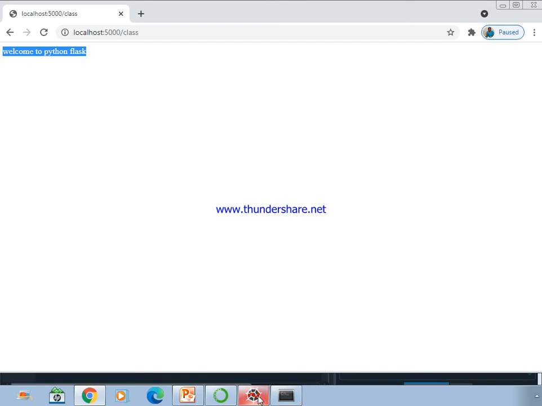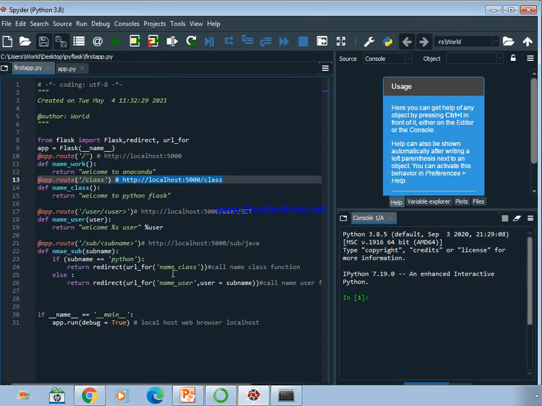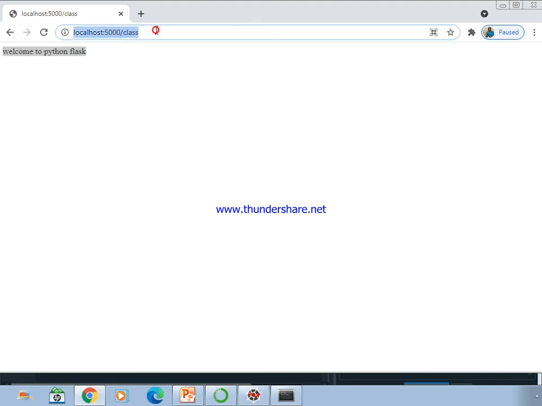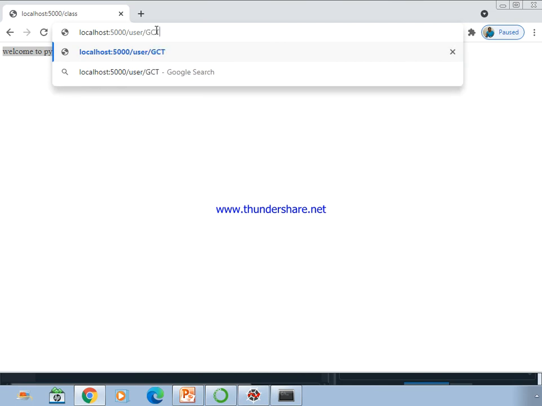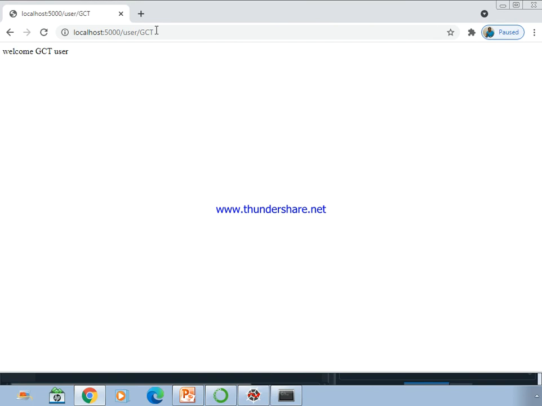So after that, I have to execute the next function. The path is slash user, and I have to give any username after that user variable. So I am going to give user slash, and here I am going to give just GCT as the user and then press enter, right?